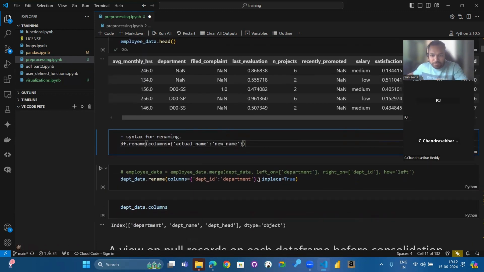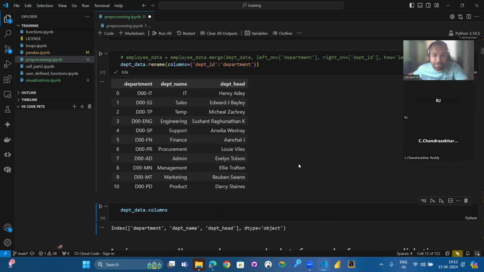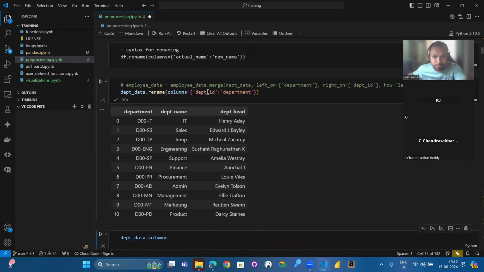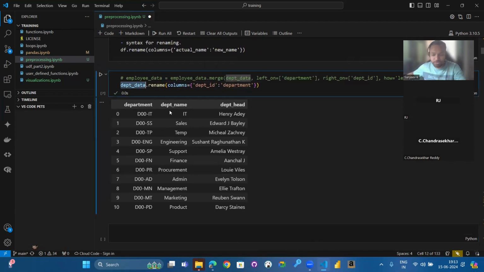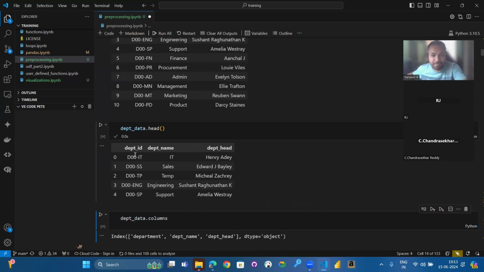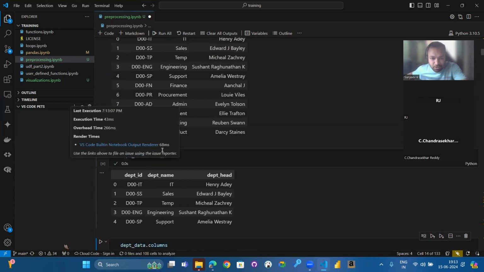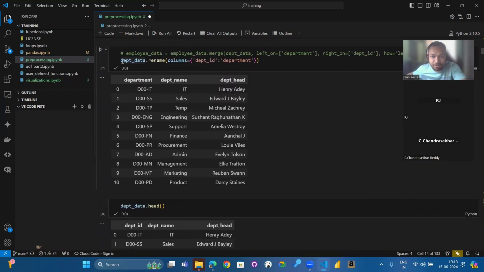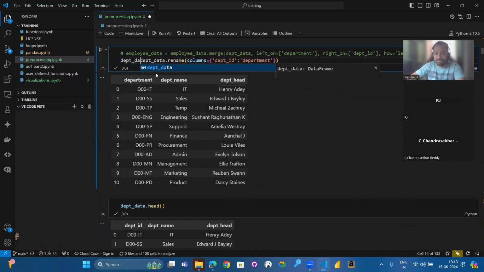I'll just remove inplace for now. I'll just show you what happens. When I did that, it renamed my column department ID to department. But when I show department underscore data one more time, it is again showing department ID. So we have renamed it, but we did not assign it. What we can do is assign it like this, or